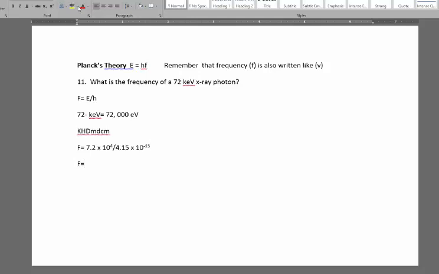Since we're dividing, you're going to do 7.2 divided by 4.15, which is going to equal, rounding to 2 decimal places, 1.73 times 10. Now we have to figure out the exponent. 4 minus -15, if you remember working with negatives, that turns into a plus. So 4 minus negative 15 is going to give you 19. And this is going to be your final answer. And your unit, since we're looking for frequency, should be